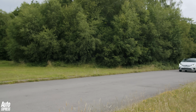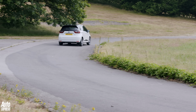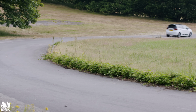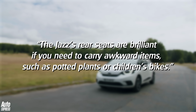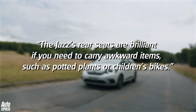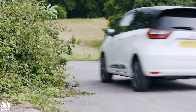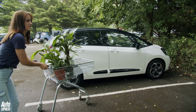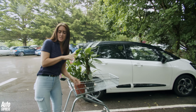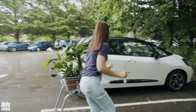We'll talk about all the funky tech inside later, but first, listen to this. This is a quote from an Auto Express reader who owns one of these, and it says, "The Jazz's rear seats are brilliant if you need to carry awkward items, such as potted plants or children's bikes." Huh, potted plants, did you say? Right, it's raining. This might be the perfect car for garden centres. Stay with me, because